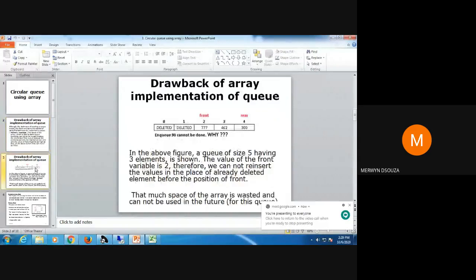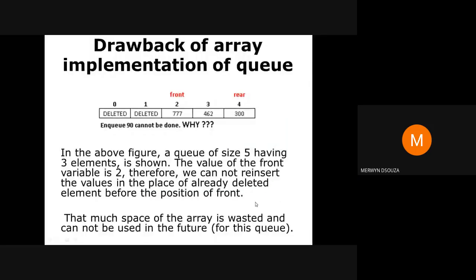Okay, let's see. What I think you are all trying to tell is this: after deleting the first two elements, front is present at index 2. Now if I want to insert one more element, insertion is done by using the rear variable.